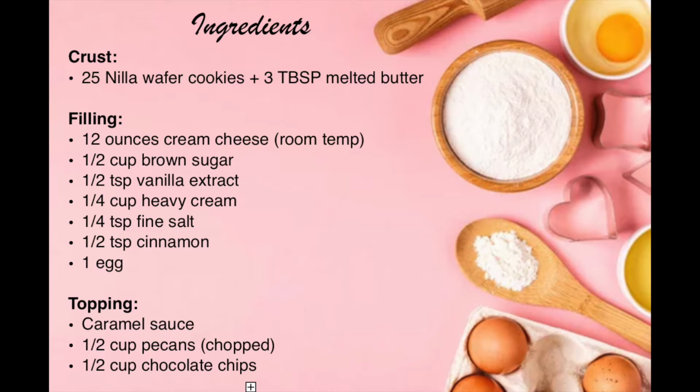at home. For the crust, you'll need 25 vanilla wafer cookies and 3 tablespoons of melted unsalted butter. For the filling, you'll need 12 ounces of cream cheese at room temperature, half a cup of brown sugar, half a teaspoon of vanilla, a quarter cup of heavy cream, quarter teaspoon of salt, half a teaspoon of cinnamon, and 1 egg. For the topping, you'll need caramel sauce, half a cup of pecans, and half a cup of chocolate